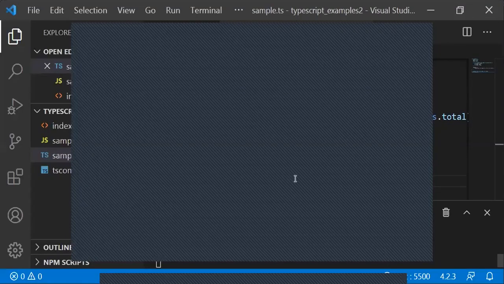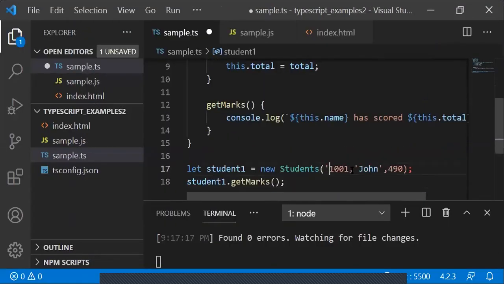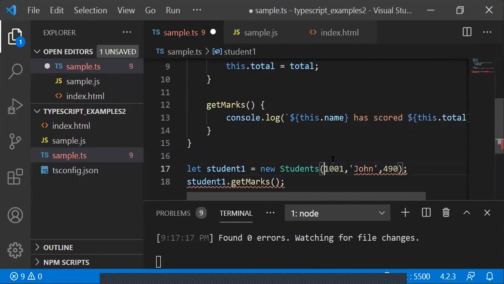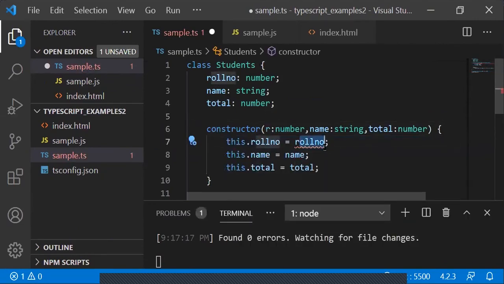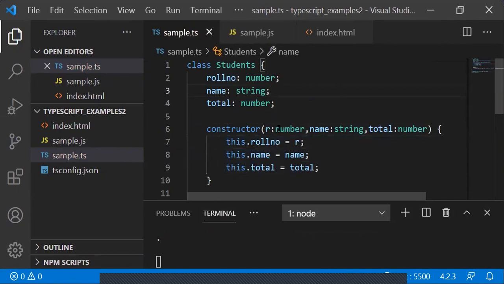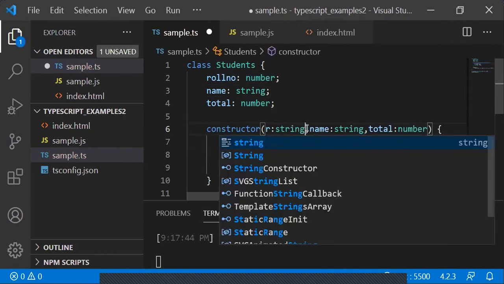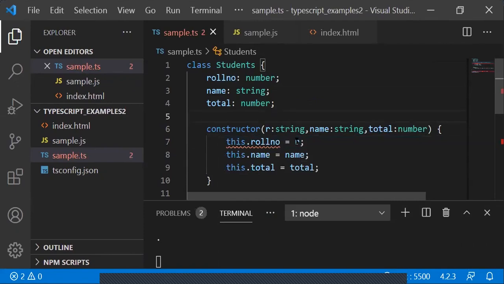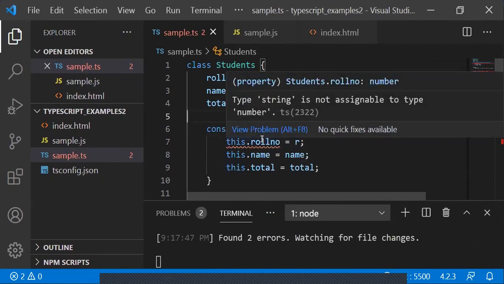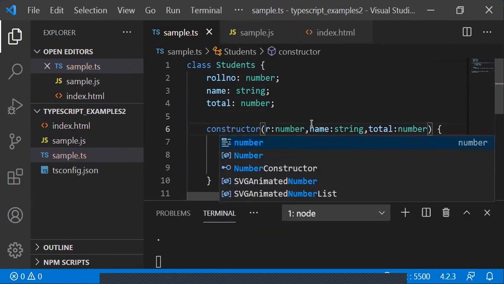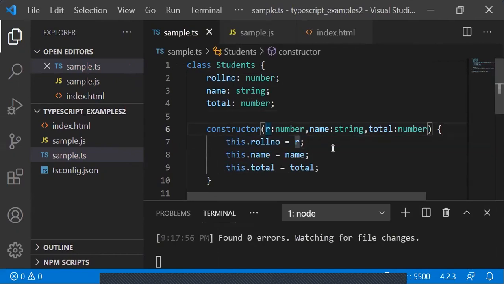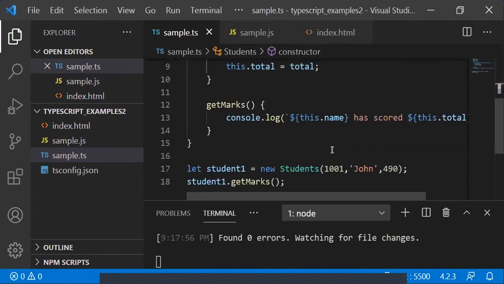So if you try to change any of these things, if you try to send a string in here, you're going to get an error because it's not of the type. And as I said, these are not the same. So you can have it change, but just make sure that both are of the same type. So if you try to assign a string to a number type, you're going to get an error. And that's it. So now let's look at interfaces with classes